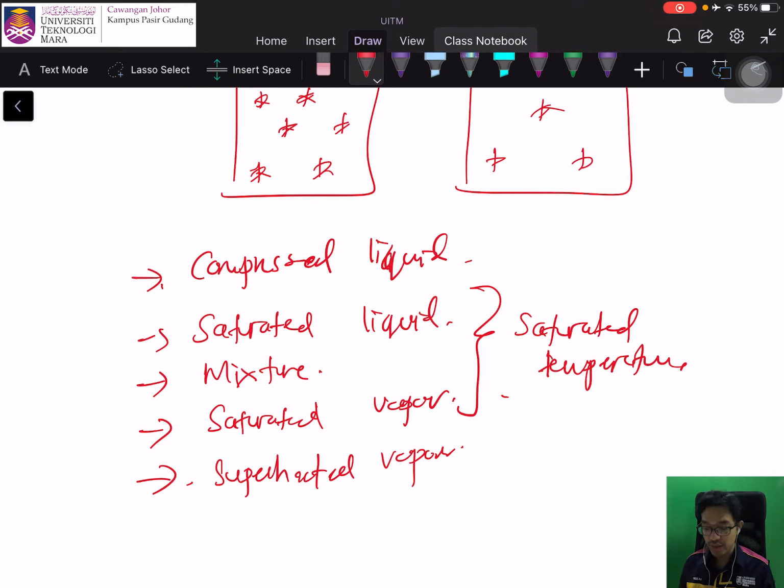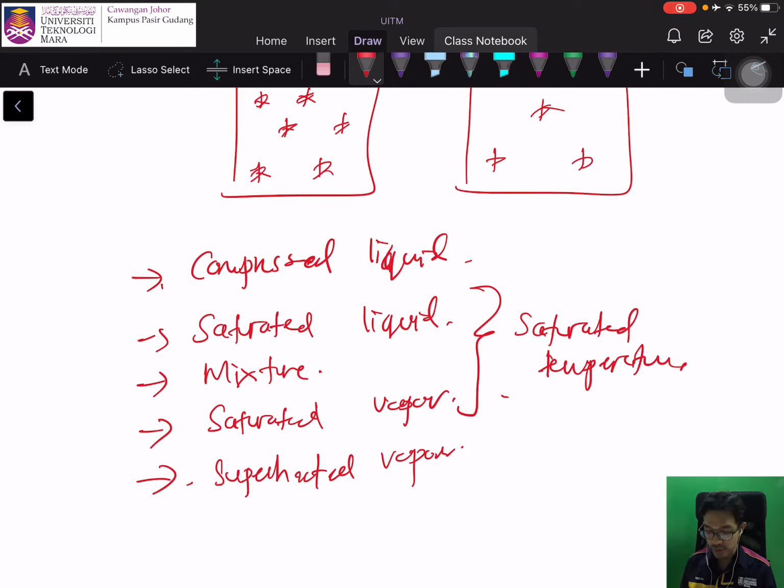So it's not like the compressed liquid into the saturated liquid, because during this state your temperature will be different first. And then also from saturated vapor into superheated vapor, there will be an increment of temperature. So the energy during that state is used to increase the temperature. There's no change of phase during the boiling process. It's still a liquid until it reaches the saturated liquid condition. During the heating process from saturated vapor into superheated vapor, both are still vapor, and there will be a change of temperature,